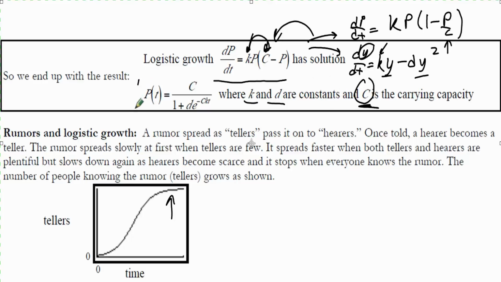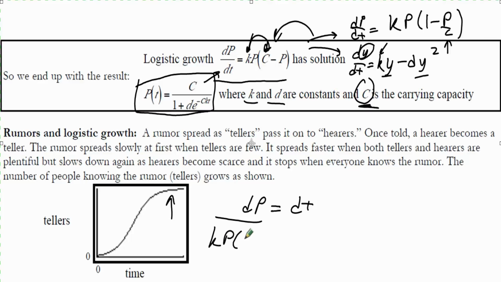Now the book ends up talking a lot about this. So this is the solution to our logistic growth differential equation. If you want to derive this, you need something called partial fractions, which will be in not chapter 7, but in chapter 8. So basically you have dp, you put that on the one side, and you put dt on the other, but everything else kind of comes over, kp times (c minus p). And partial fractions basically sets things into a over kp plus b over (c minus p). And you have to solve for a and b, and then you integrate this up,